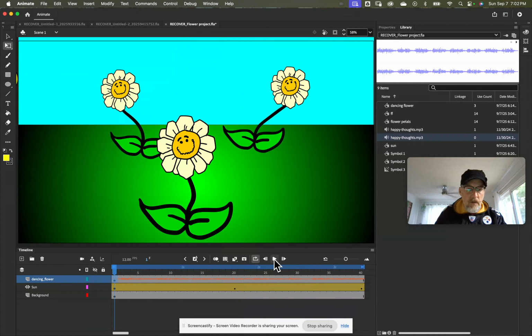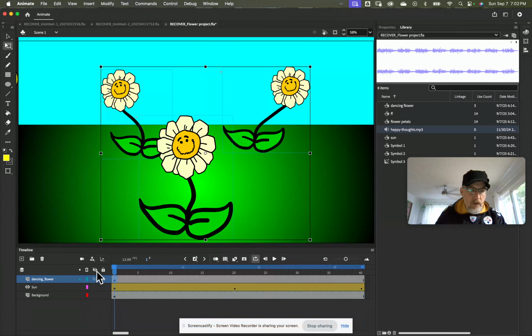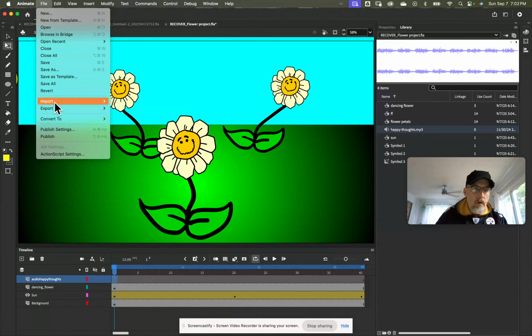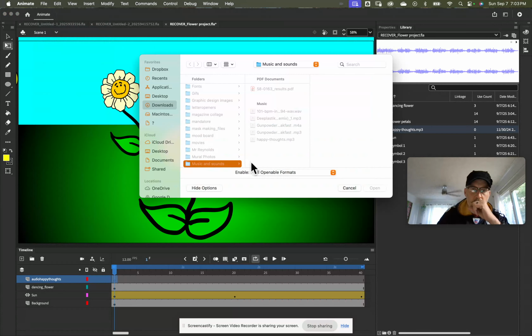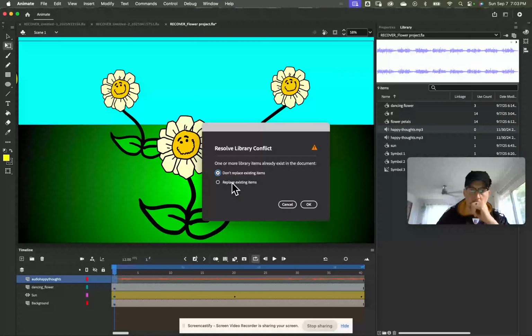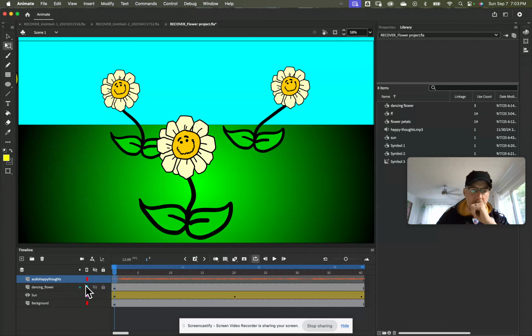How would I add that to its own layer? If I wanted to add it to its own layer, you can simply make a new blank layer and call this Audio, or Happy Thoughts. Then I'll click my first frame, go to File, and import to stage. My Happy Thoughts MP3, open. Go ahead, import and play it, and then I have that on its own layer. So when I play,